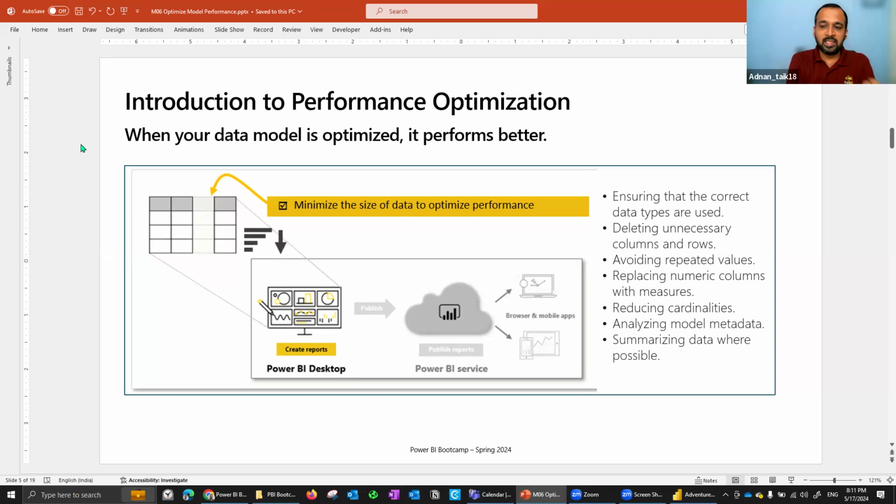And summarizing data where possible. For example, if your requirement is to have monthly level information, there are certain cases where you have the fact data, for example sales data for one month of everyday transaction information, but the business requirement is to analyze the sales performance at a monthly level. In that case, you don't need to bring even the day level data into your report